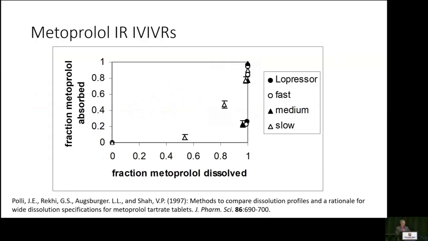So here's some data, and each of these is independent. A four-way crossover study was done at the time, but each of these formulations is independent of each other: low pressure, fast, medium, and slow. You can quickly see that this is a BCS class 1 drug. The fast, medium, and low pressure are clearly reverse L-shaped profiles, low biopharmaceutic risk by inspection. The slow formulation actually is not that slow, but it is being pushed towards that line of unity a little bit. You can fit the alpha value in this sort of thing, but it was